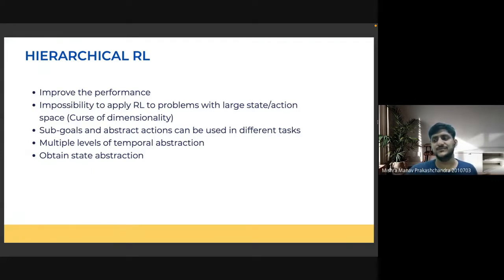This field is known as hierarchical RL. It has been studied for a long time, but it has become important because there are several subtasks that an agent needs to do in an RL setting before it achieves a final goal state.